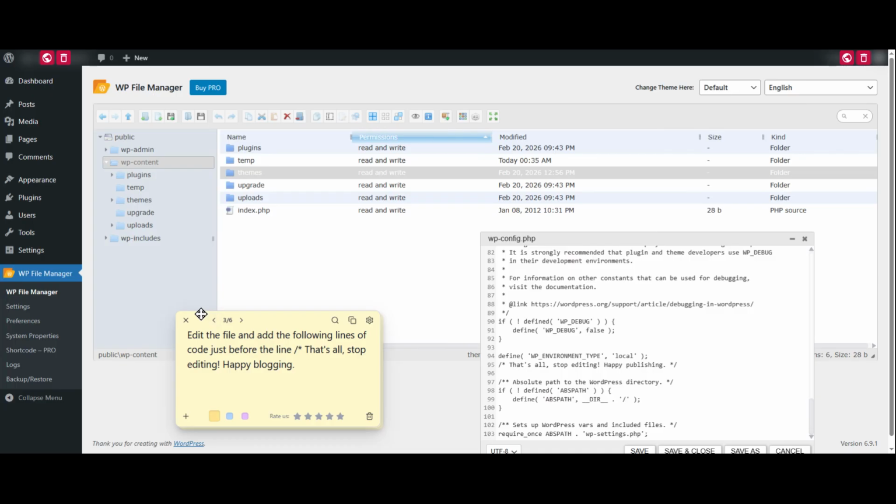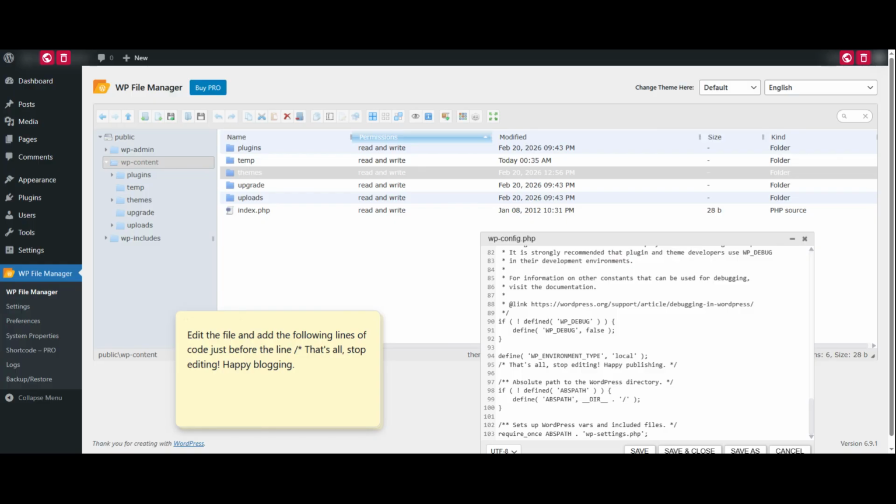To enable logging, access your website files. You can do this using an FTP client like FileZilla, or by using your hosting provider's file manager inside cPanel or your hosting dashboard. Once you're connected to your site, go to the root directory. In most hosting environments, this folder is called public_html. Inside that folder, look for a file named